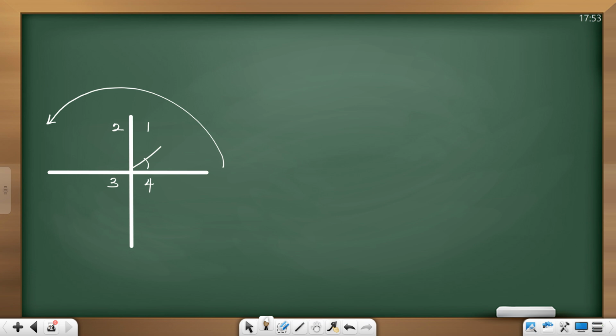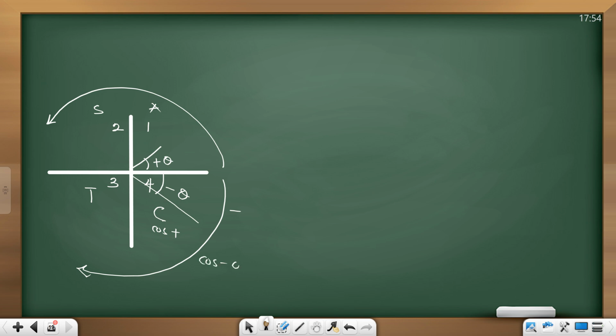So this is positive theta, because I'm going this way. Immediately I start going the other way, it becomes what? A negative. So if I am looking at this, and this is my negative theta, but we know that all